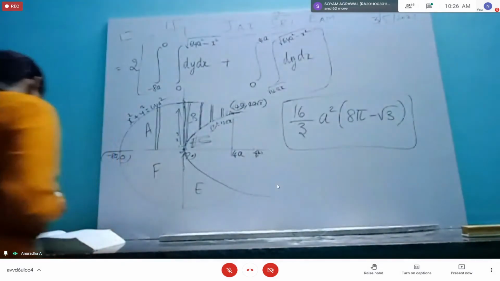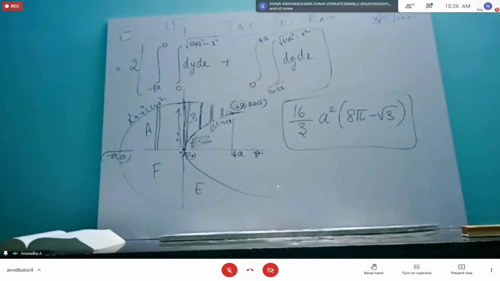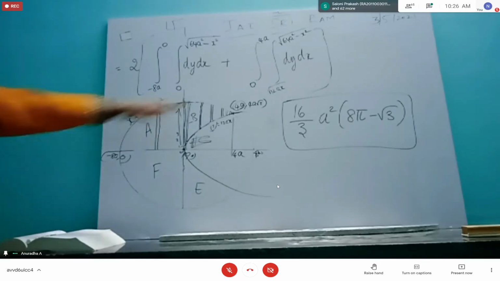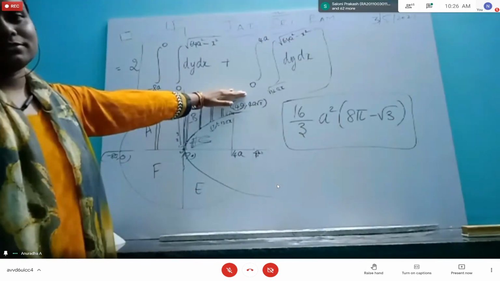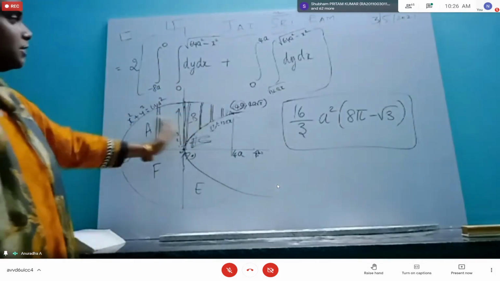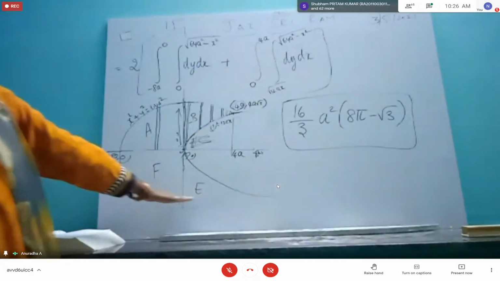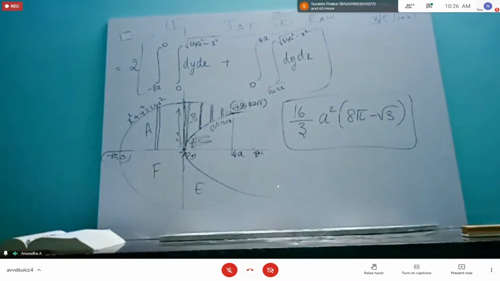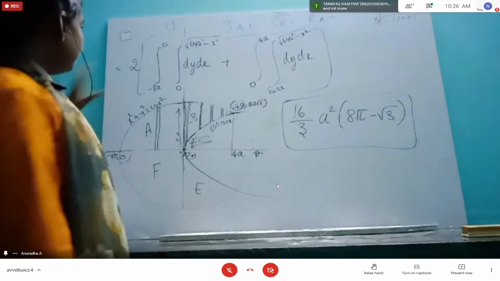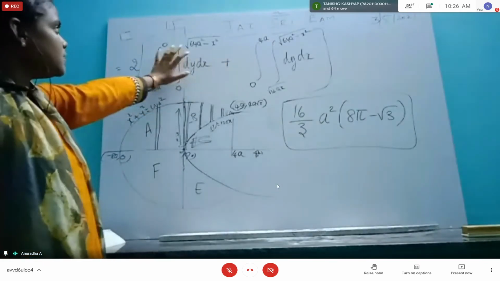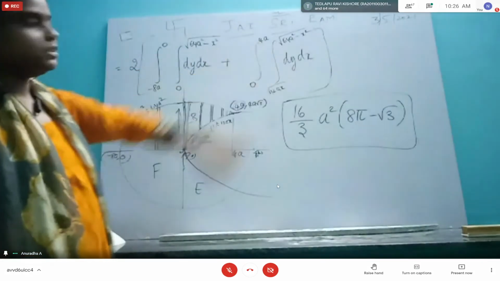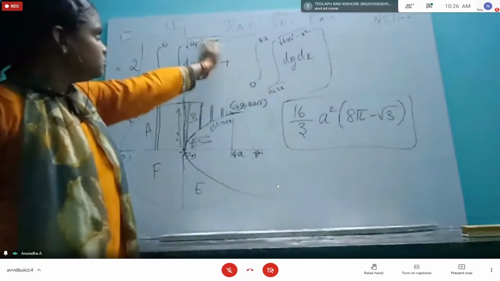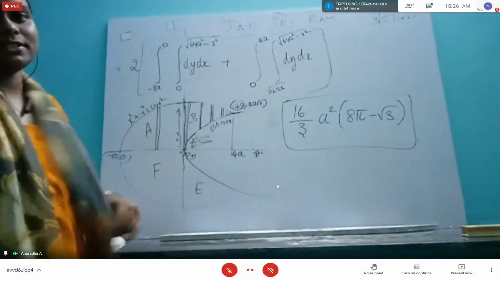I'm again saying, I don't know whether the sum will come or not. Like last semester, in the scan and upload part they would have given us a part C question. Now I'm not sure whether they will give this question for 3 marks or 2 marks, because time will not be enough. Logically I'm speaking, as a student, from my point of view. But it is better to know the limits, because maybe they will ask only the limits as your solution. They will confuse you in the MCQ, and they may ask which is the correct region.